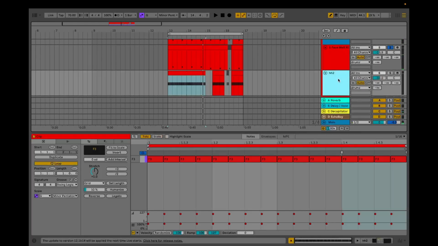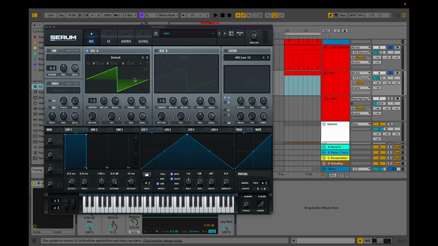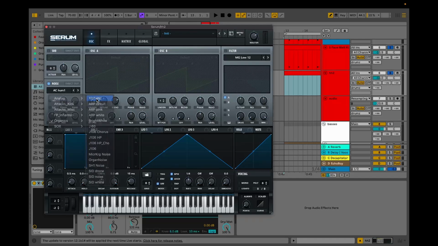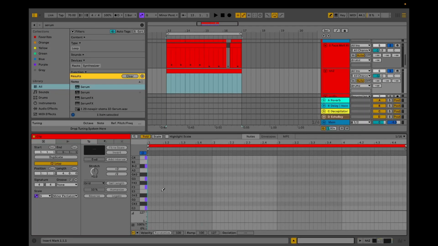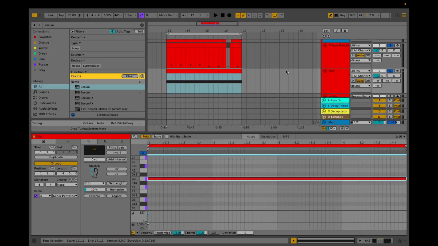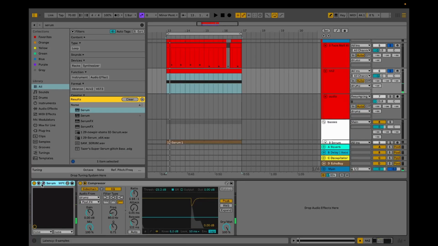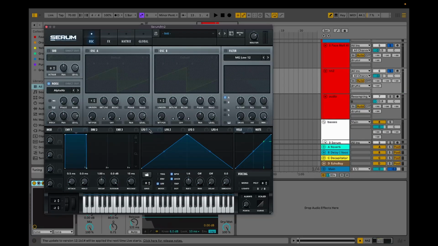Okay. Then we need hats. So to create these hats, I'm going to use Serum. I'm going to choose some sort of noise. It doesn't really matter. And then what I'm going to do is create one long note. Amazing. Put the volume down and then take this LFO one and with the LFO create the